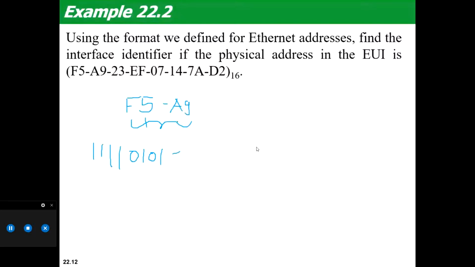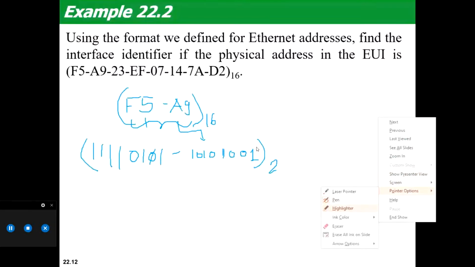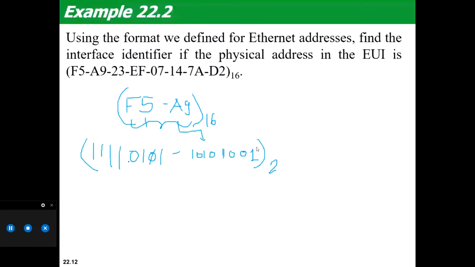A is as usual, no change here, and that is 1, 0, 1, 0. 9 is 1, 0, 0, 1. This is the binary notation. This was my hex notation, and this is my binary notation. Now we will turn on the 7th bit from 0 to 1. So this address would be changed. What would the answer be?